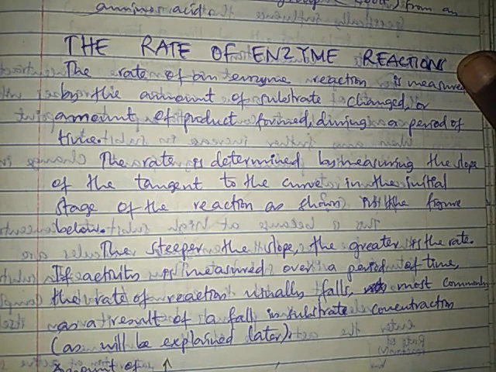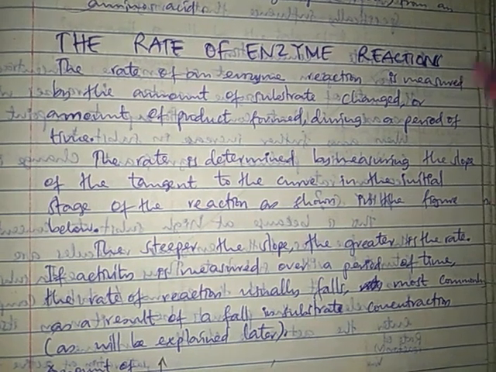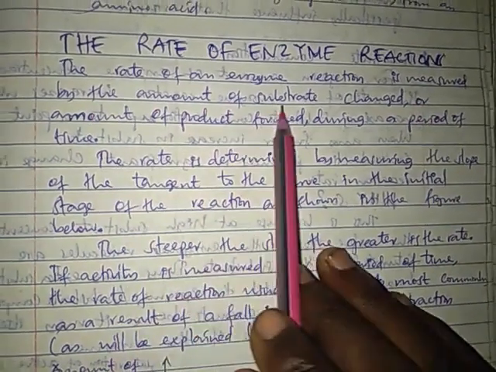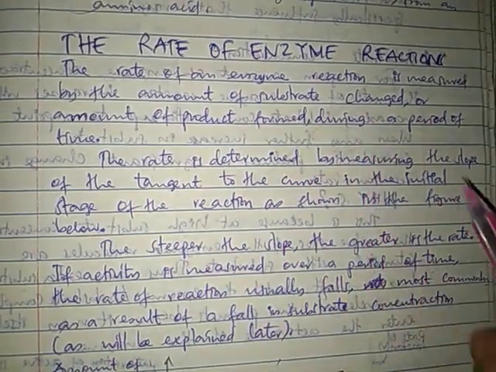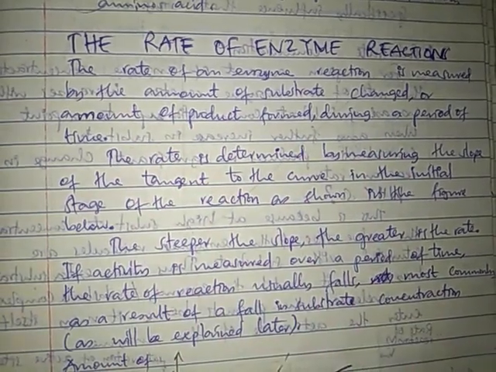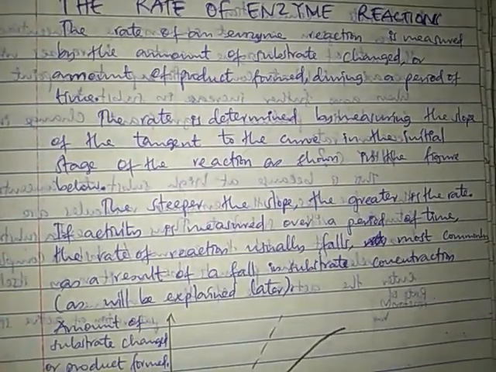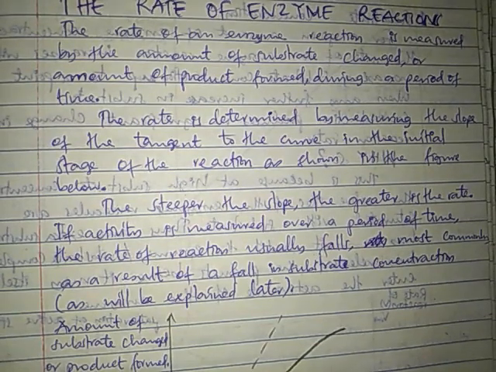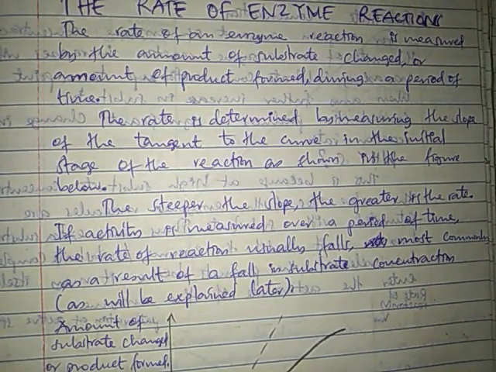Kwa hiyo tuanze. The rate of enzyme controlled reaction. The rate of an enzyme reaction is measured by the amount of substance changed or amount of product formed during a period of time. So this is chemistry, kwamba rate ya reaction tunapima kwa amount ya reactant iliyotumika, yani substrate